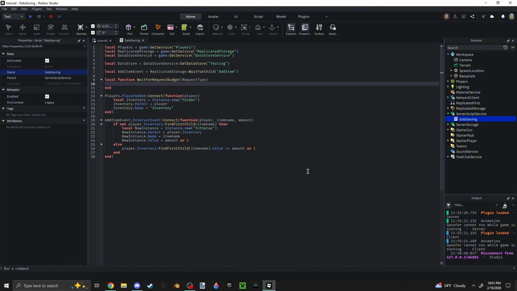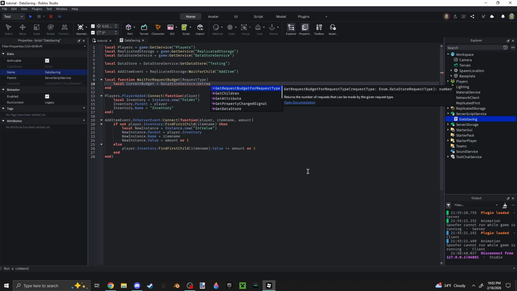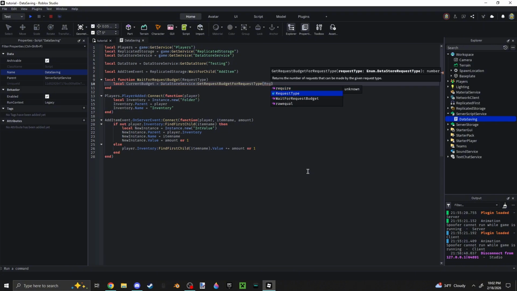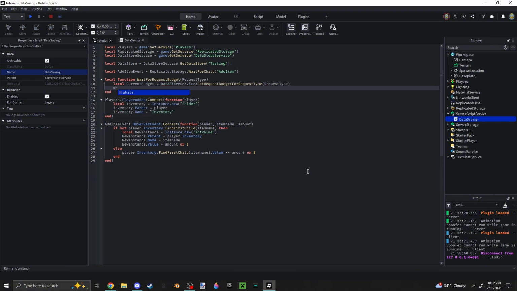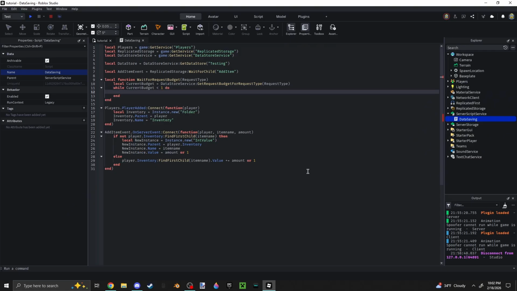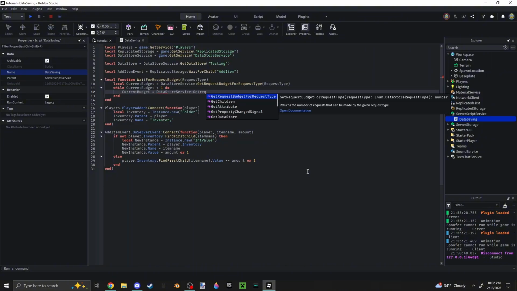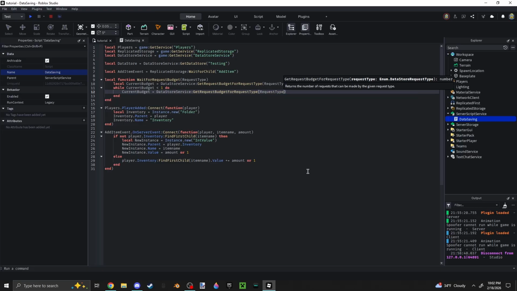And what we'll do is local currentBudget equal to DataStoreService:GetRequestBudgetForRequestType, and then requestType. And while currentBudget is less than 1, do currentBudget equal to DataStoreService:GetRequestBudgetForRequestType, requestType,